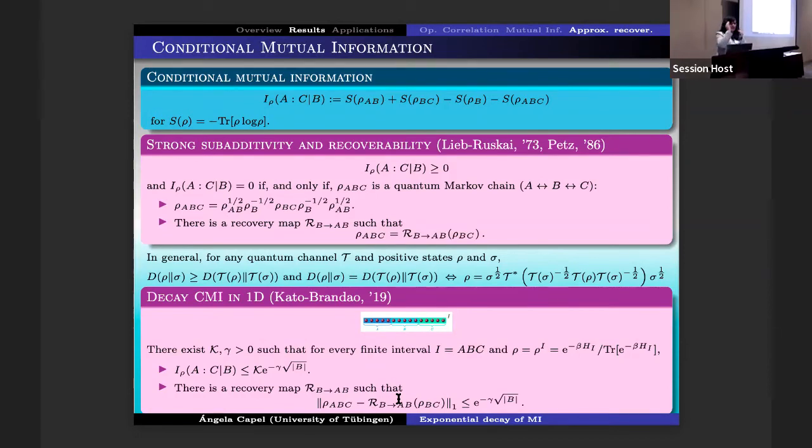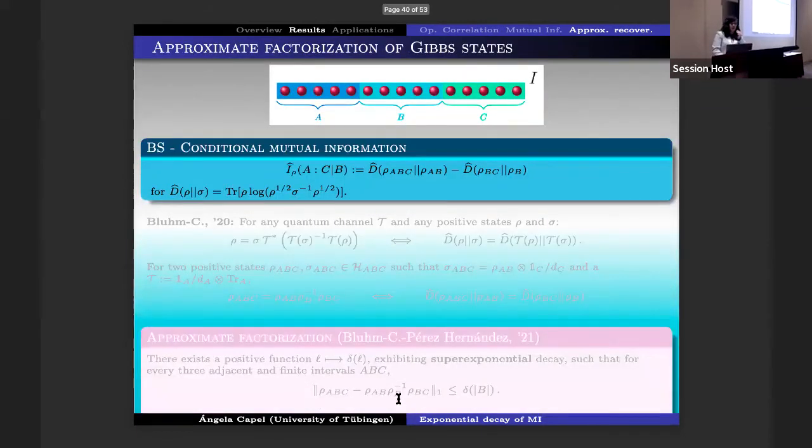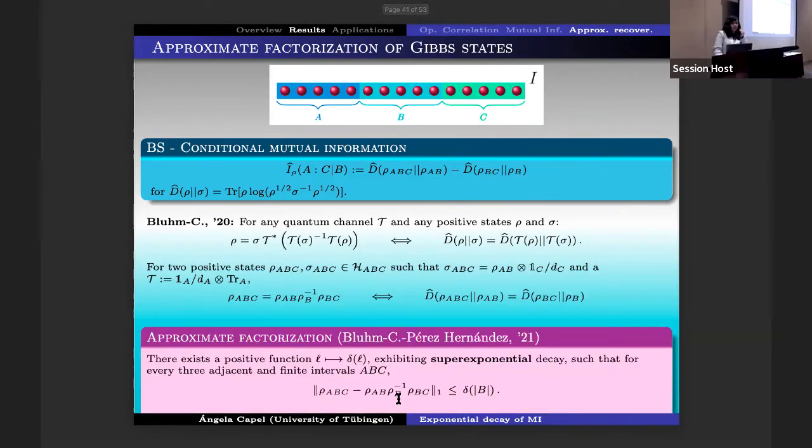So what we do is just take this picture from the relative entropy to the BS entropy, and we prove the following. So we consider, first of all, the BS conditional mutual information, which is just the analogous definition from the conditional mutual information to the BS setting. And what we proved with Andreas some years ago is that you have data processing inequality for the BS. This is something that is well established.